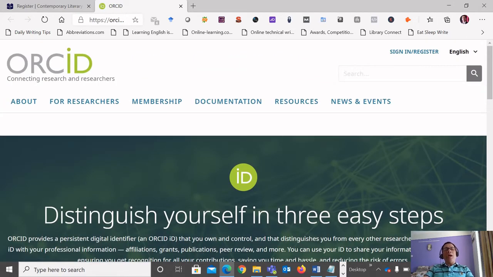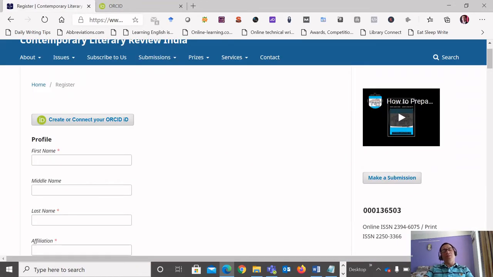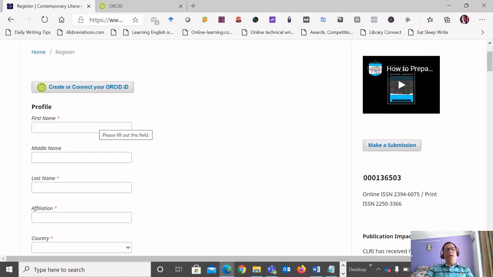This is absolutely free and ideally recommended. However, this is not a mandatory condition. So if you do not have an ORCID, then no issue. You can still go ahead and create an account with us and upload your material.